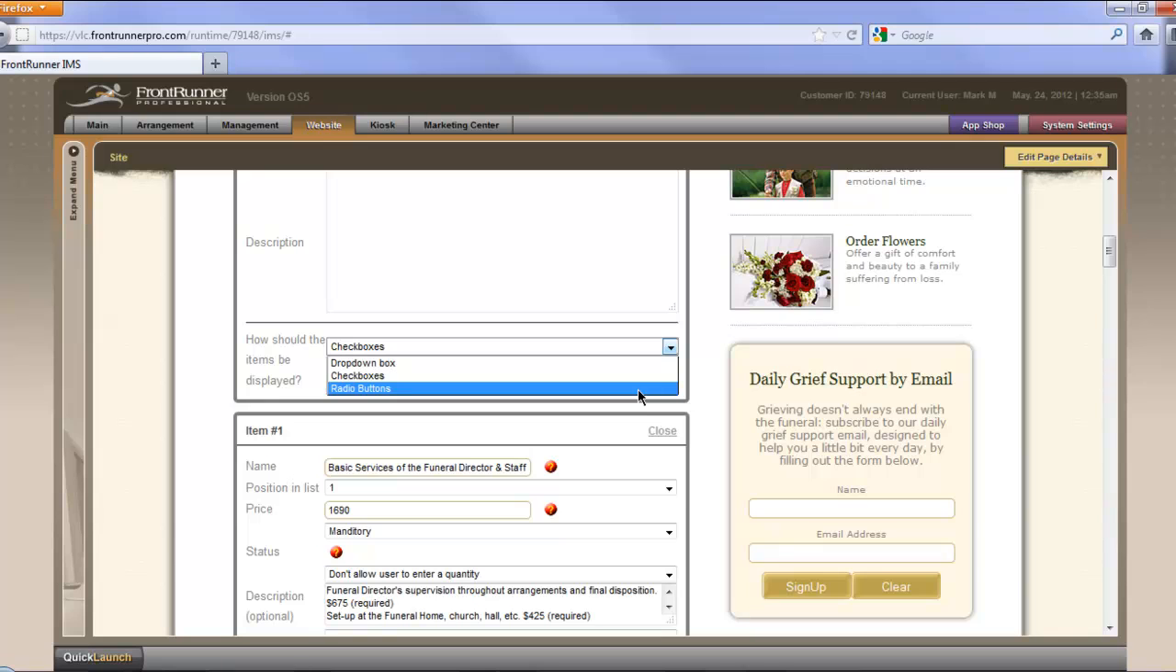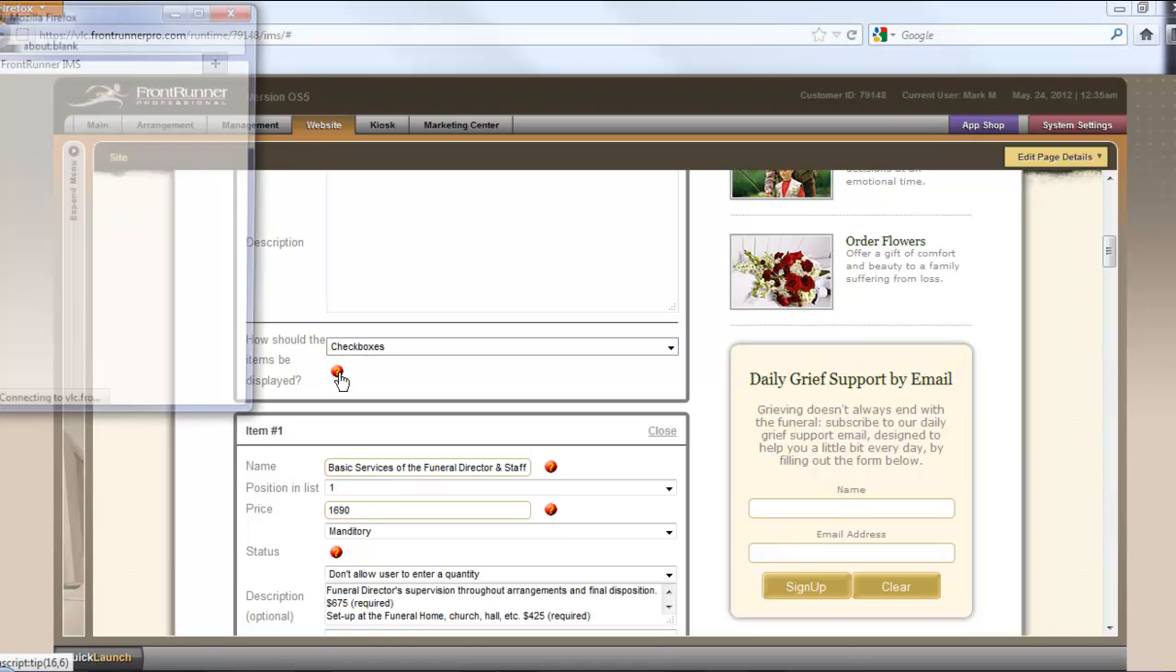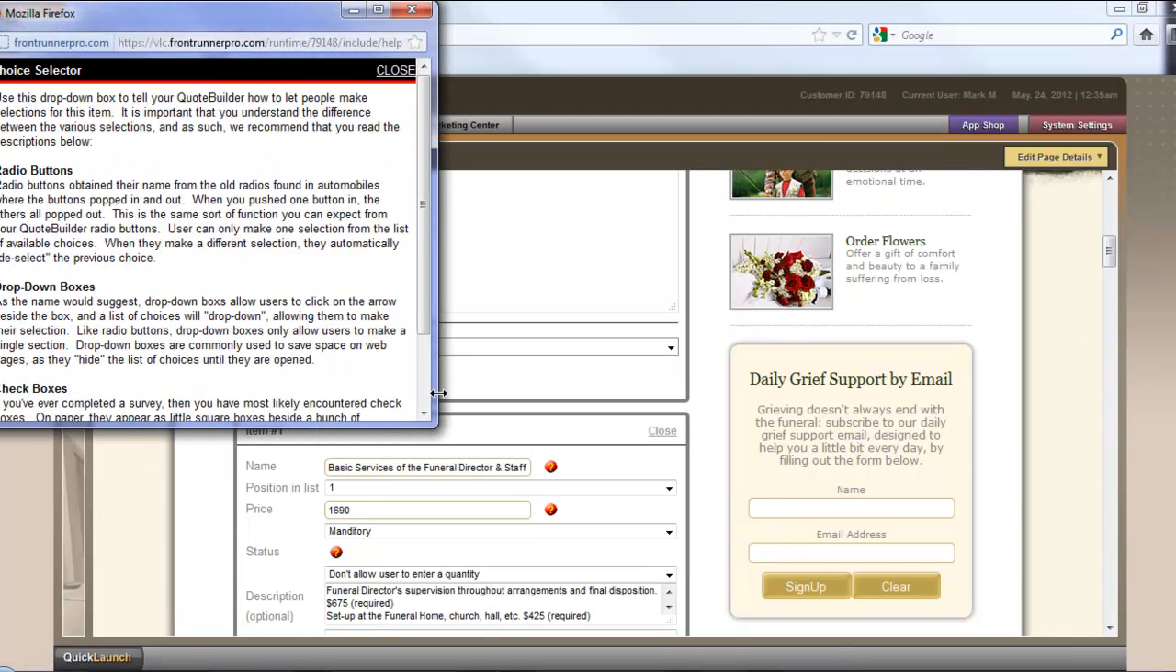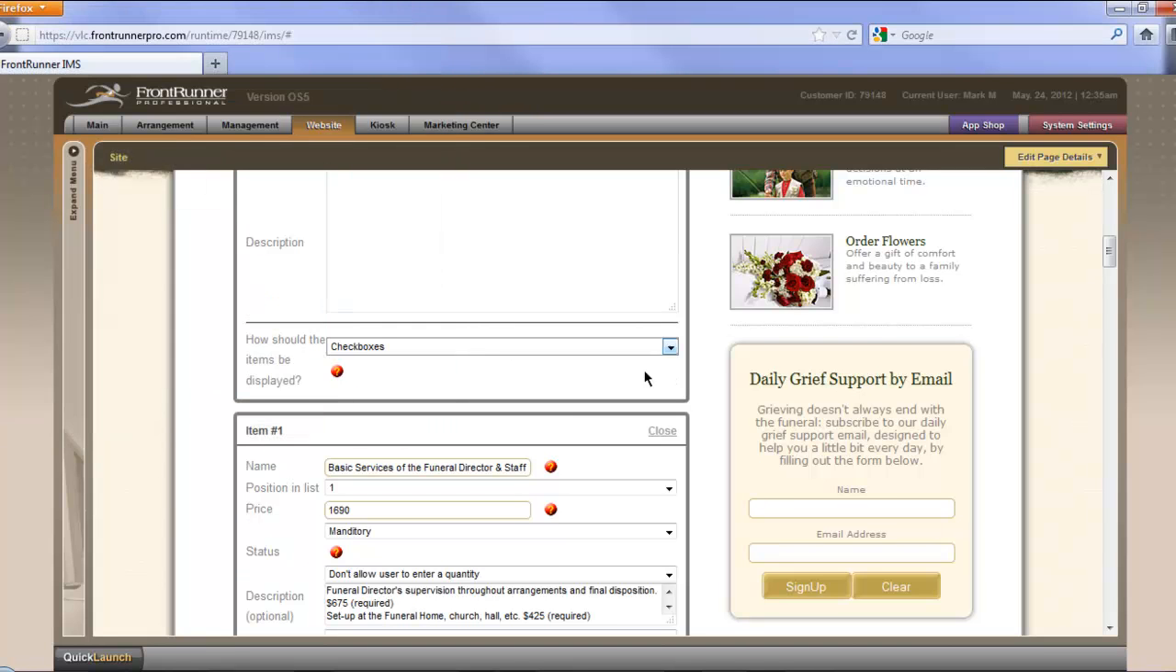If you have a lot of items that you want to give them a selection in, you would use the drop-down box, but generally it's checkboxes for what they want, or the radio buttons if they can only make one choice in a section. Should you have any questions, don't forget you can always click on the question mark, and you'll get a pop-up explanation of what they are and how they work and how best to use them. So you scroll down,